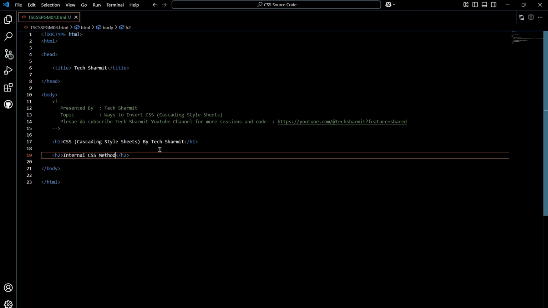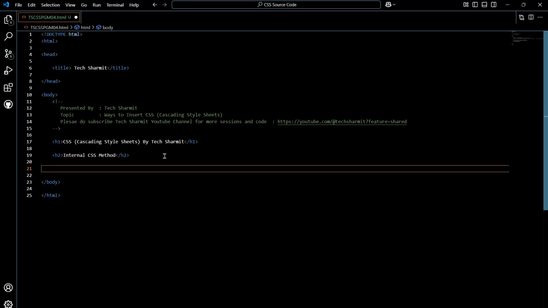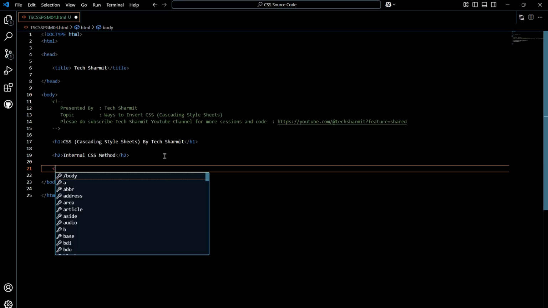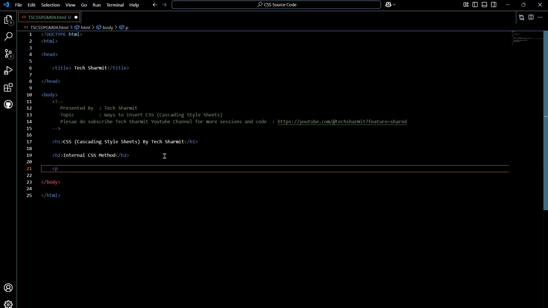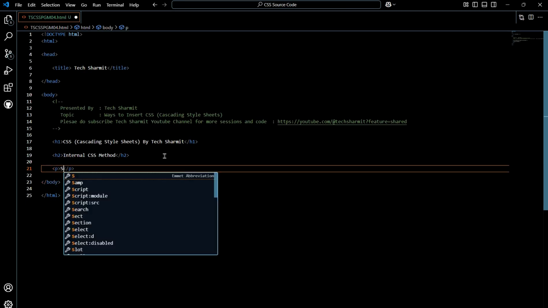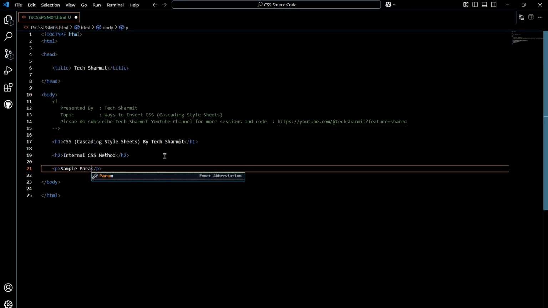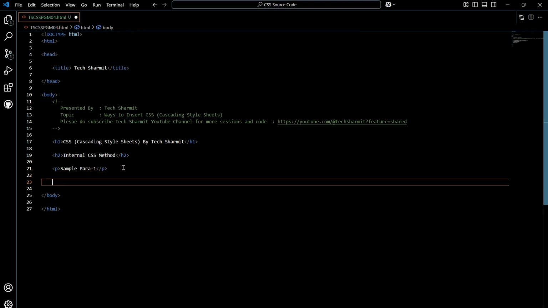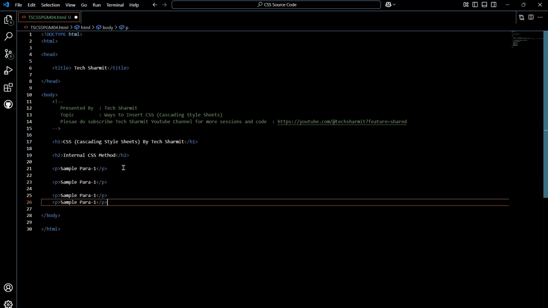Now to explain this thing, we need some paragraphs just to show you some examples or practical things. So let's include a few paragraphs here. I'll write the p tag. Here I will write sample para 1. Likewise, we will copy this para multiple times. So 2, 3,